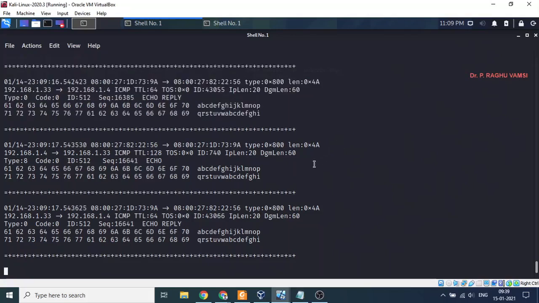But we have also checked for the Ethernet data. The content in the Ethernet frames will be shown here. Okay, this is the content in the Ethernet frame. This is in ASCII form, and you will also find a similar ASCII form in the Wireshark traces. When you click on the data frames, you will get details like this. So this is the way you can sniff the packets with the help of options such as -v,